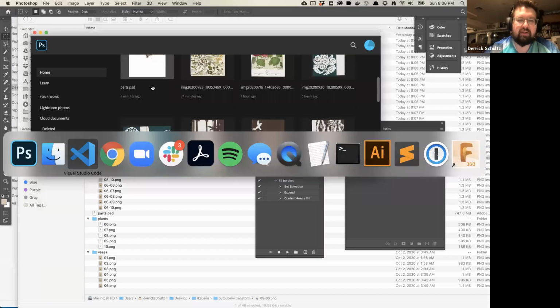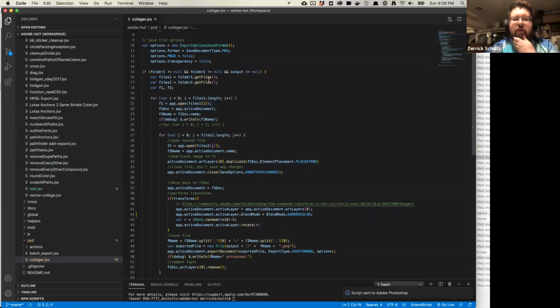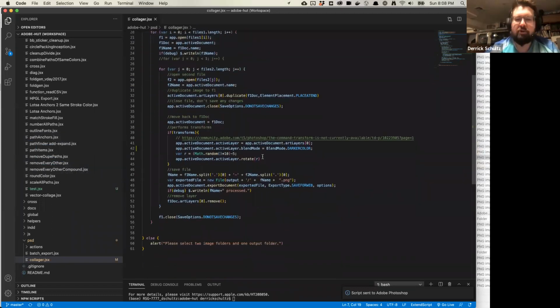You'll notice this does something different than what I was expecting, which is because I have transforms turned on. So what am I doing with transforms? We'll see this in the Illustrator example as well. I'm doing some random applications. The first thing is I'm applying a blend mode to that top layer, applying Darker Color, which allows me to remove all of that transparent artwork. Maybe you want that, maybe you don't. It depends on the artwork you have. The next thing I'm doing is applying a random rotation. If you've never messed with math.random, it's a whole world in and of itself, but basically this creates a random number, multiplies it by 10, and then subtracts 5.